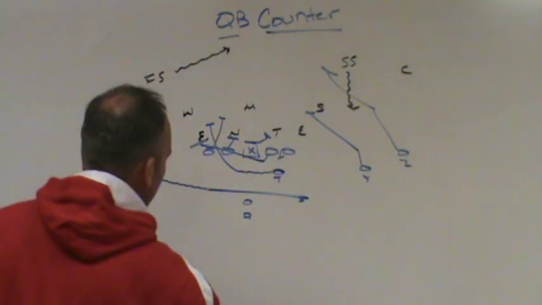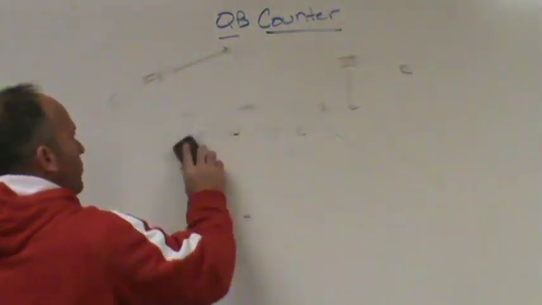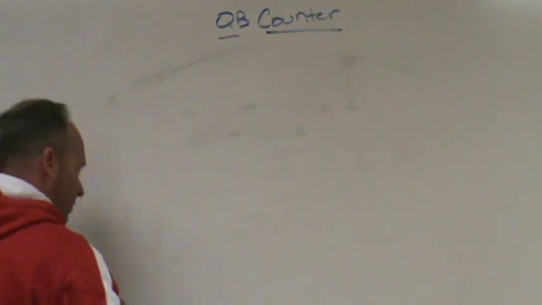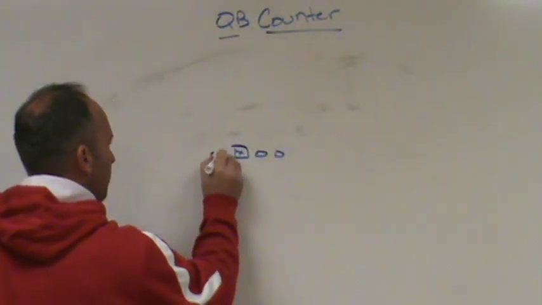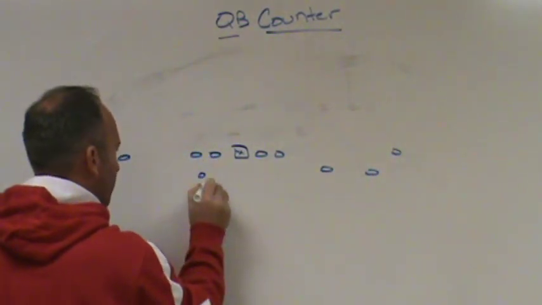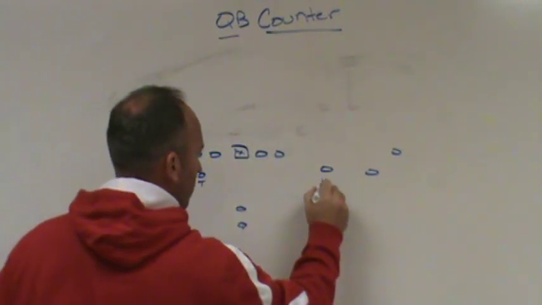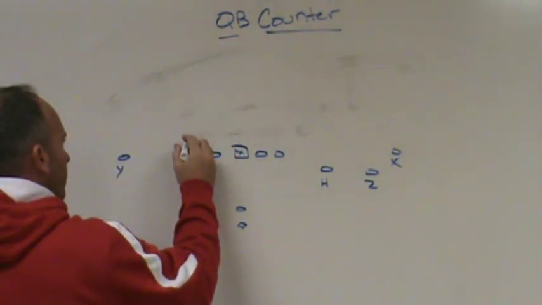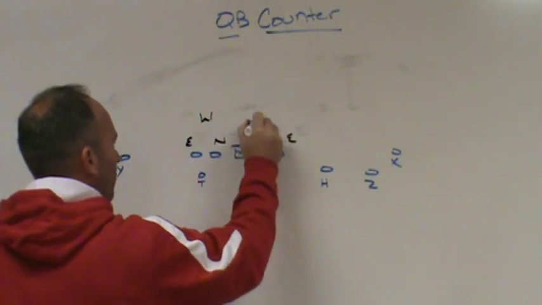The next thing we would do is we would build it into our up-tempo stuff, and we would come back and run it out of 3x1, and we would follow all the same rules. So we would get into 3x1 up-tempo, and we would get into a 3x1 set and put the tailback up in that sniffer position, and then depending on how defenses wanted to defend,